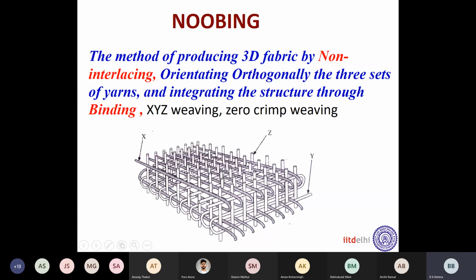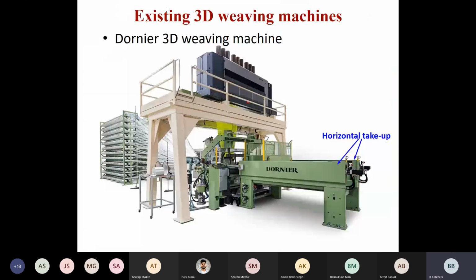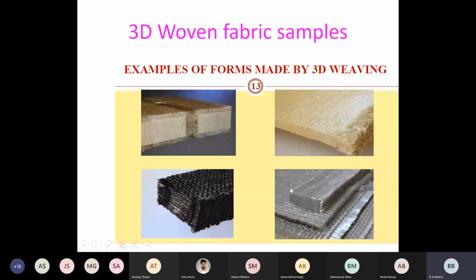When this technology was developed about 20 years ago, people were calling this fabric a 3D woven fabric, all these fabrics. The Textile Institute, which is the apex body of all textile developments located in the UK, was not accepting this fabric,